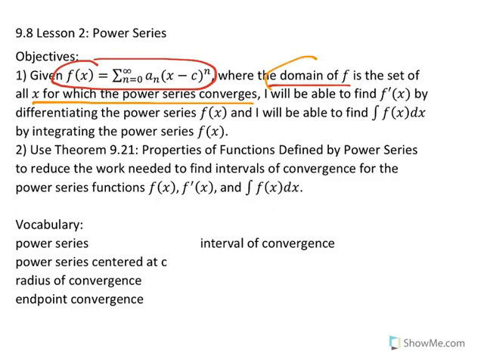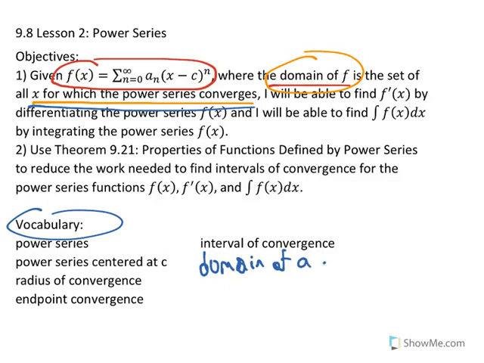So when we talk about the domain of a power series, we're talking about the values of x for which the power series converges. So to our vocabulary, we can add domain of a power series. By the domain of a power series, we mean the values of x for which the power series converges. So given a power series where the domain of the power series is the set of all x for which the power series converges,